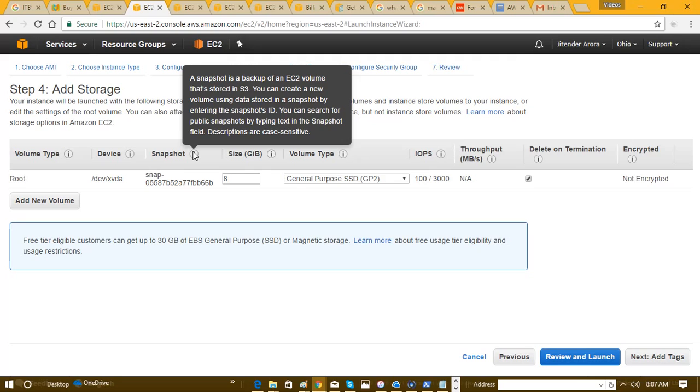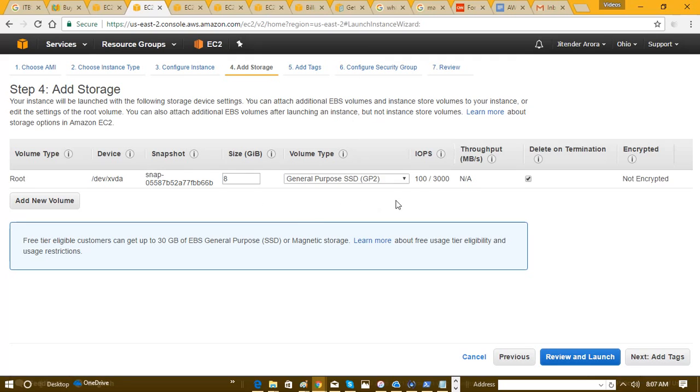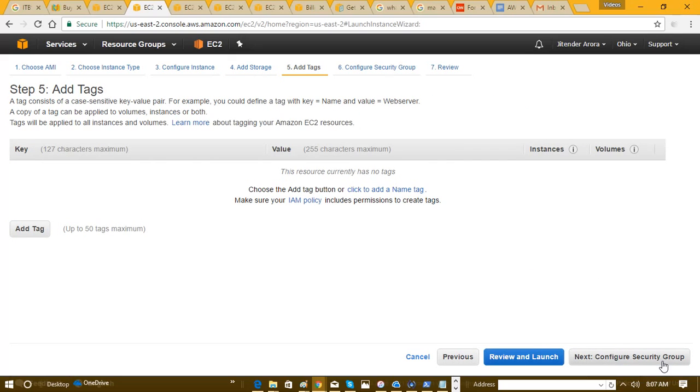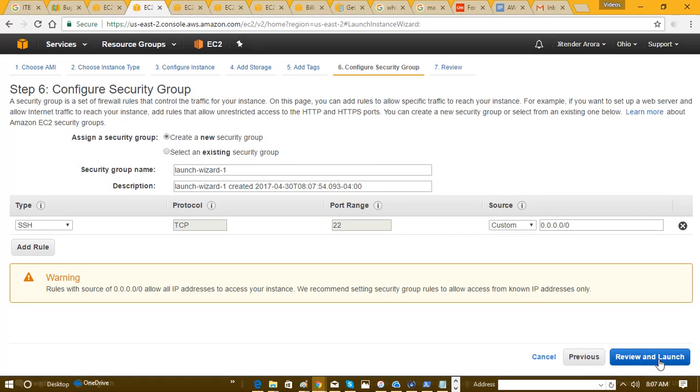Descriptions are case sensitive. All right, so this is some detail about the storage that we are going to have on our instance. Click next, and here you can add tags. Tags are like labels on the instance. It's not a must right now, so we'll just let it be as is, and click next to configure